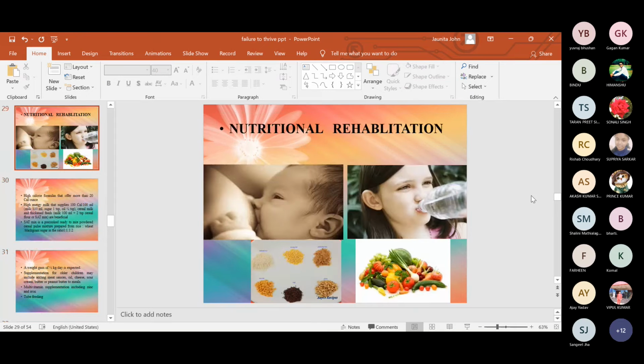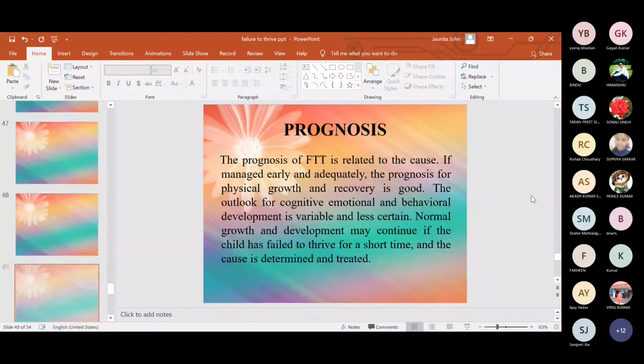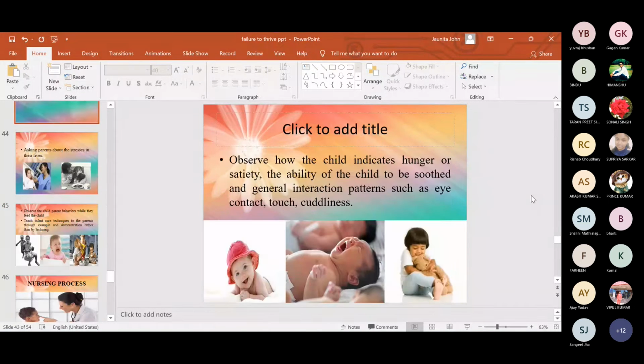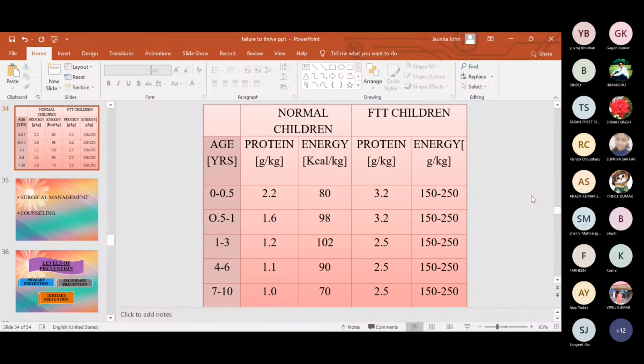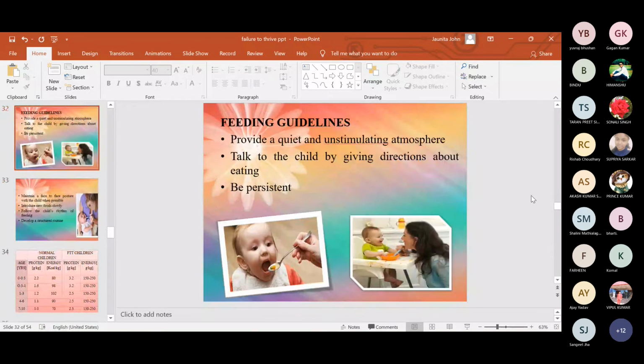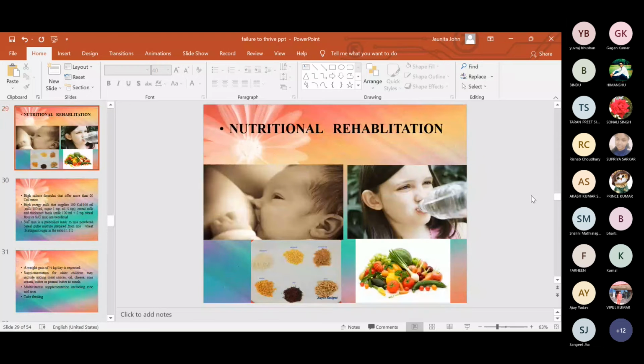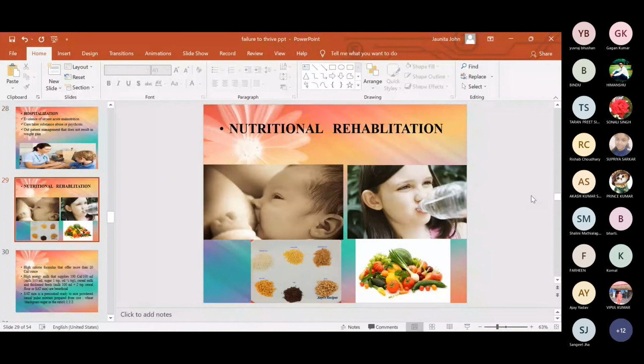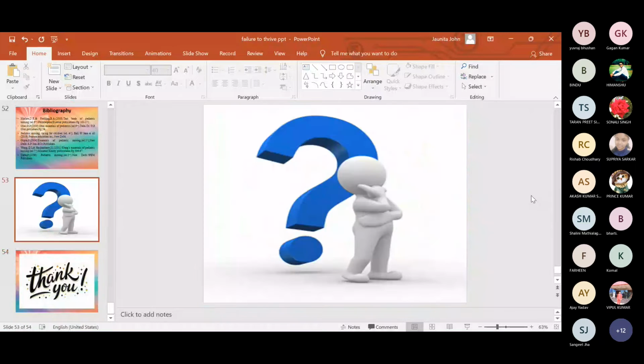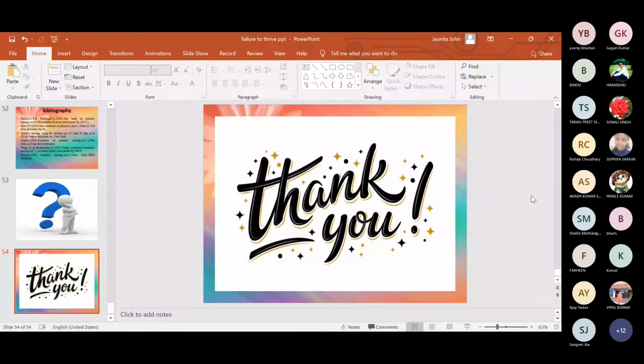Next, nutritional rehabilitation. From here we will be seeing tomorrow, because it's a little vast topic. All prevention will be there, process will be there, the level of prevention, surgery will be there. These all topics, how guidelines will be there, like nutritional rehabilitation, how to educate the mother, and all. How far we had seen, everybody have jotted down. If you all have not written, I will be sharing this particular PPT once the topic is over, that is tomorrow, on your WhatsApp group, whatever group we have.